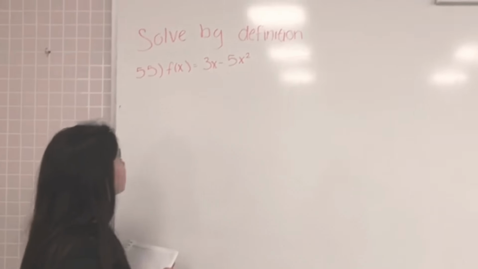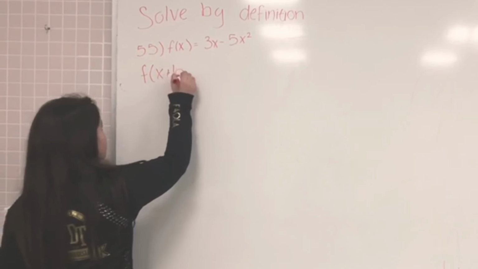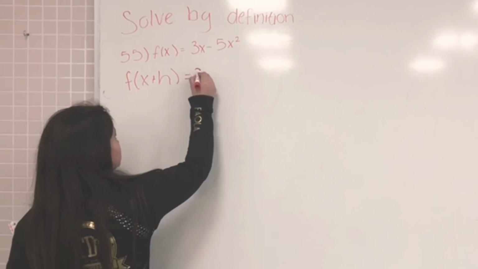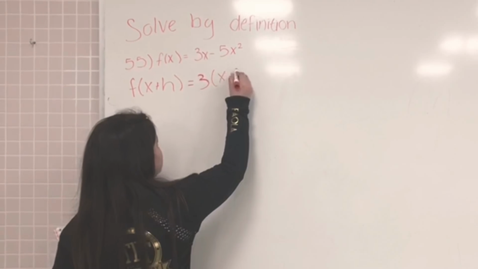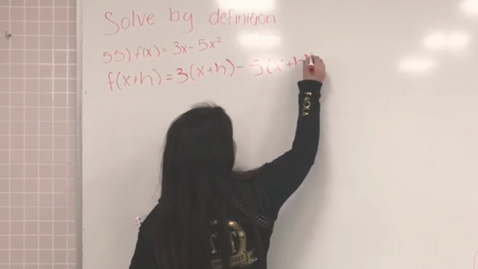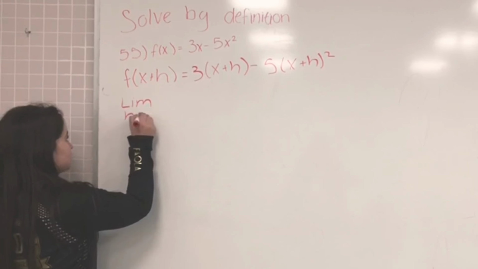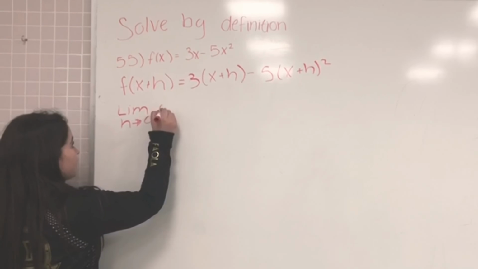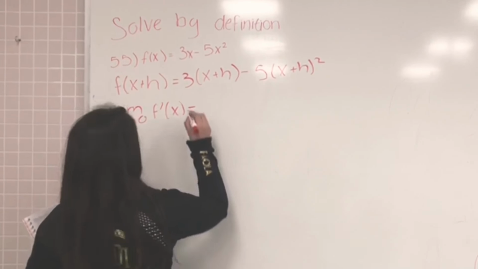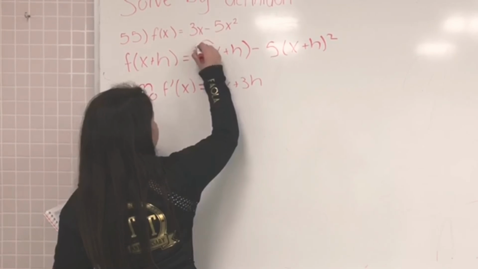Okay, so the problem says solve by definition, so we have to use function of x plus h. That means we're going to add an h every time an x appears. So it will be like 3 times x plus h minus 5 times x plus h squared. Now we are going to add the limit as h tends to 0 of f prime of x, because we are doing the derivative. It's going to be 3x plus 3h, because we're multiplying this times this and this times this,